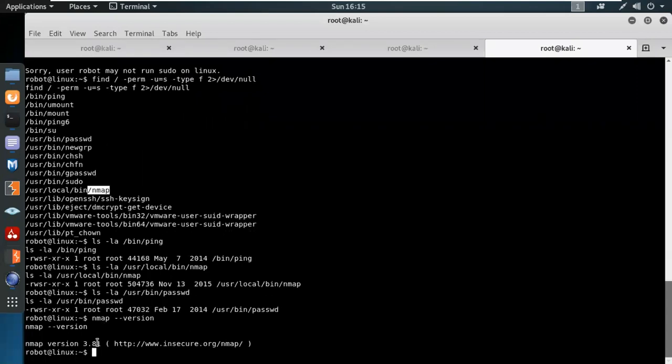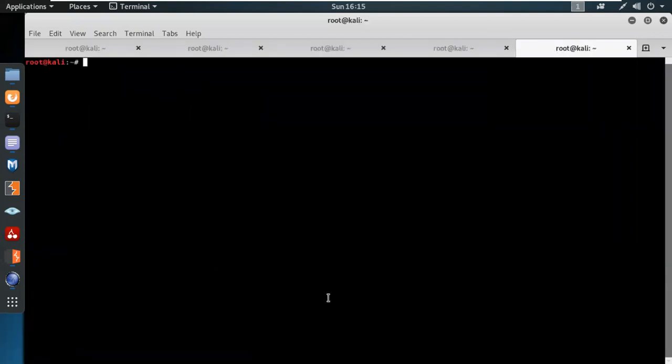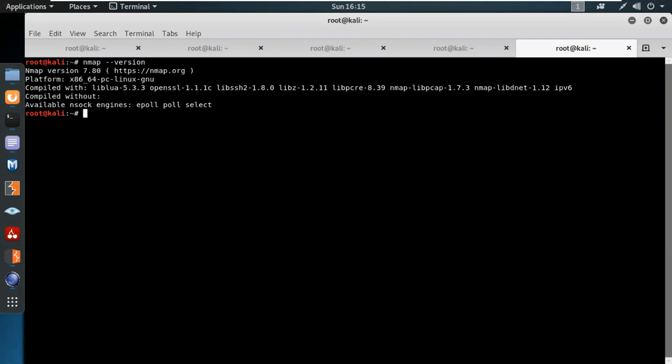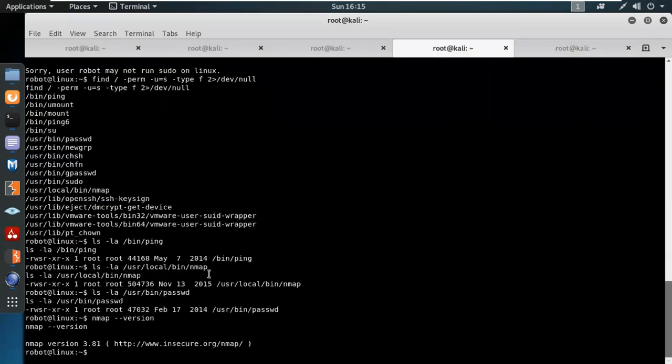This is an old version, which is 3.8. And now if you check your own Kali version of nmap, that would be 7.8. And there was a time that through the old version of nmap, any system user could escalate their privileges, or simply get root access. For example,